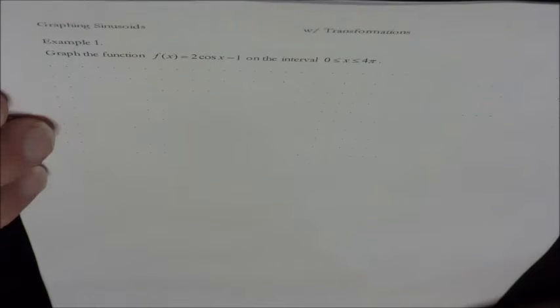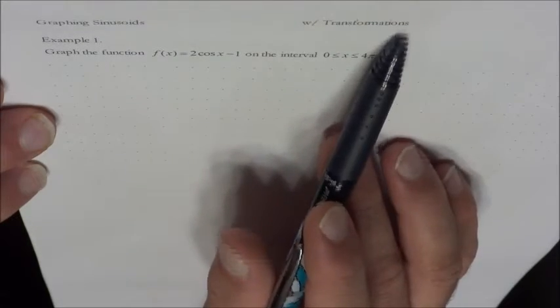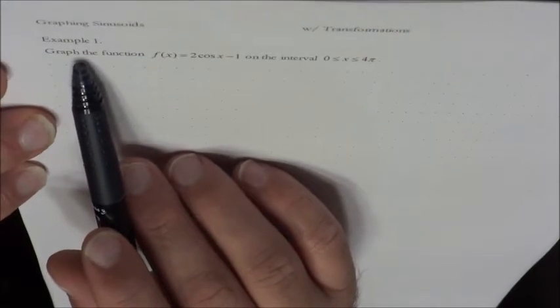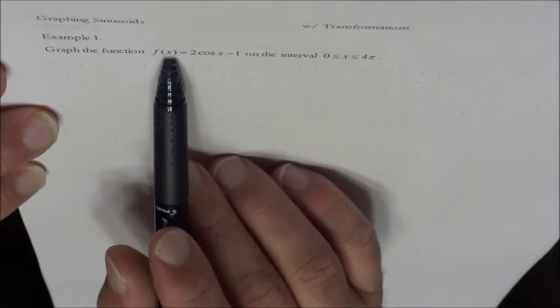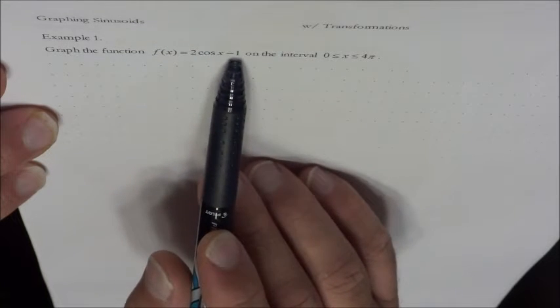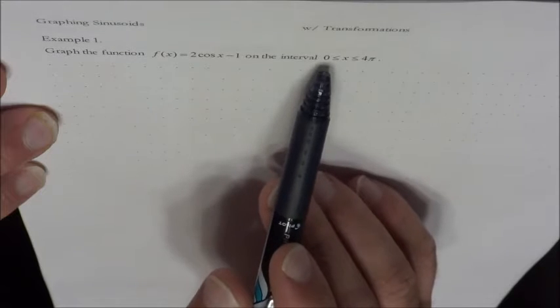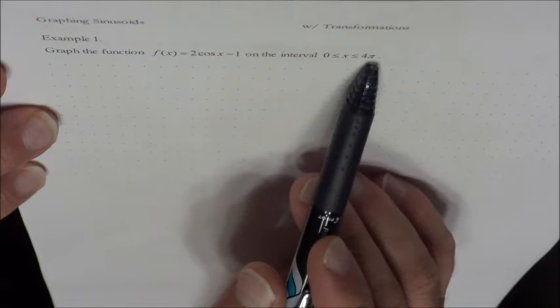Okay, in this video example, we're going to look at graphing sinusoids when they have transformations. So for example, if we look at our first function, f of x equals 2 cosine of x minus 1, and we want to graph on the interval from 0 to 4 pi inclusive, what we can do is, we